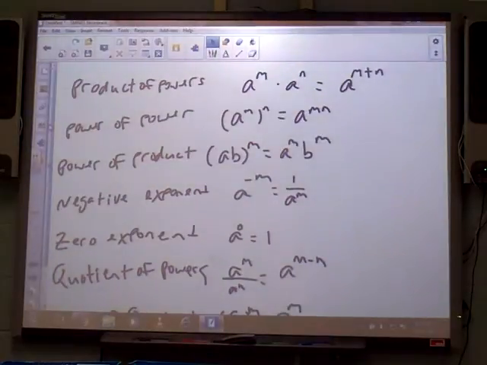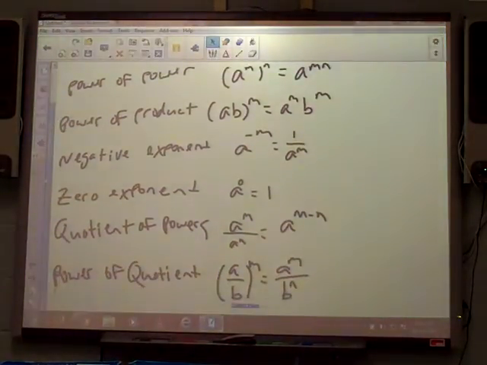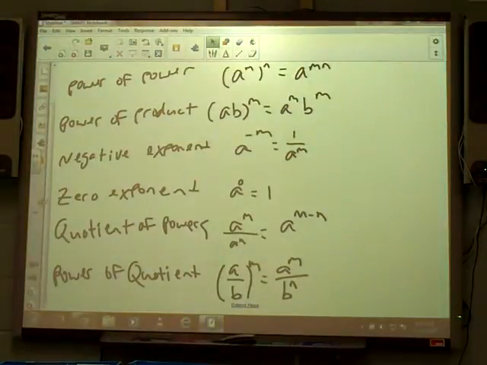Go scroll it down, bro. You'll get good though. Hey, Connor, go scroll it down. Everybody got to at least quotient? Where are we? Power of a product? He's slow. Give him a second. That's the last one.